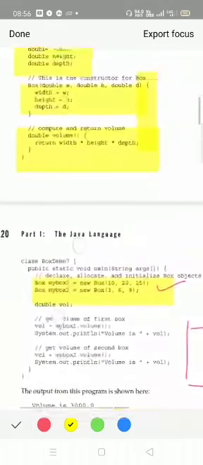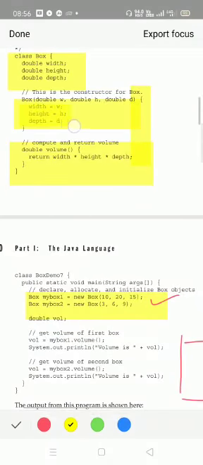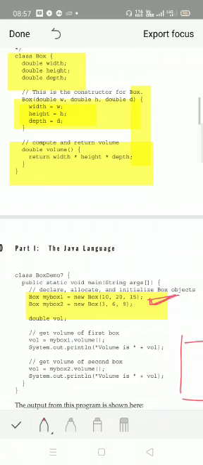So here its constructor is called. See, its constructor has w, h and d as the three parameters. To call the constructor, three parameters are required. So three parameters are passed over here. What are the three parameters? 10, 20 and 15, isn't it? 10 is read in place of w, 20 is read in place of h, 15 is received and read in place of d.